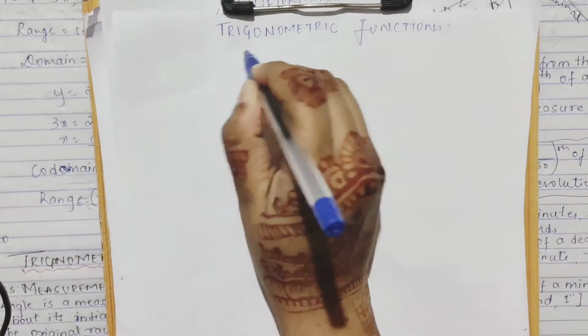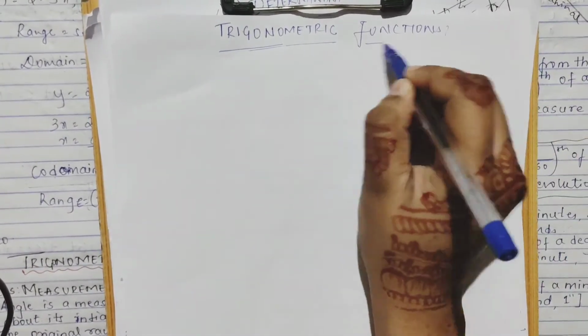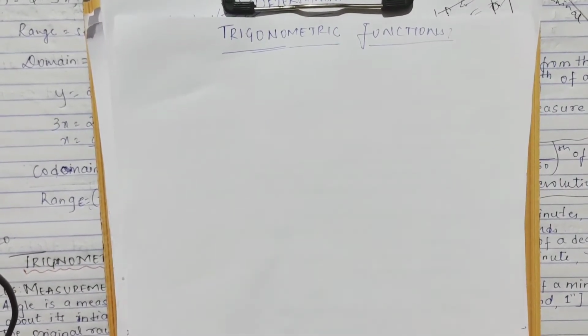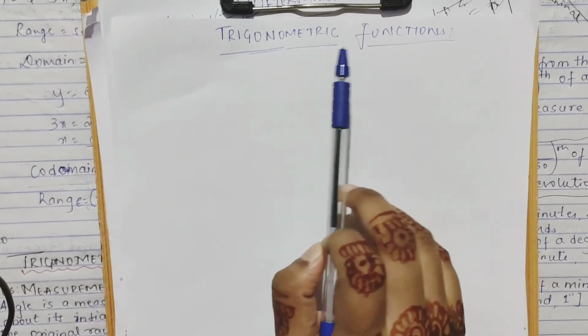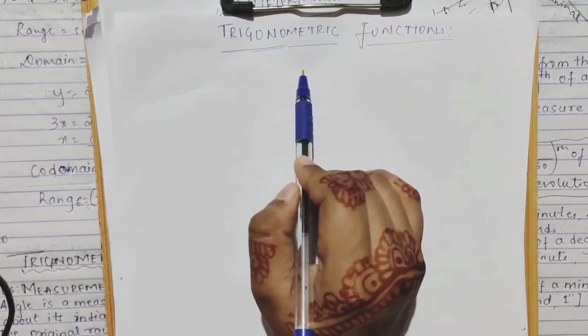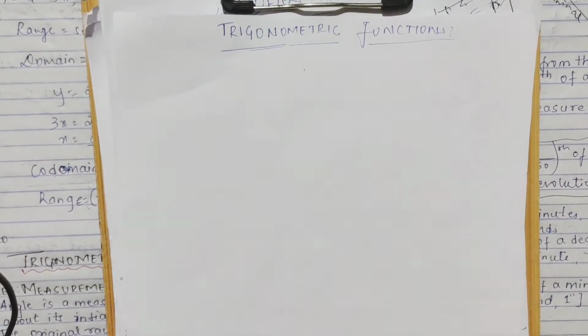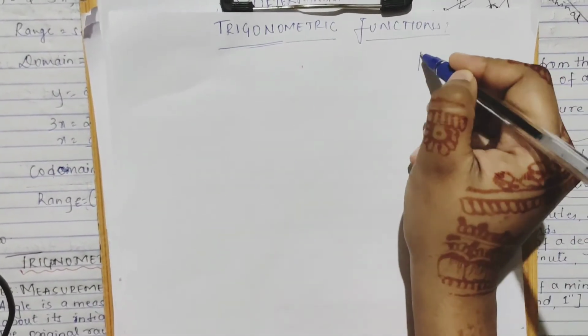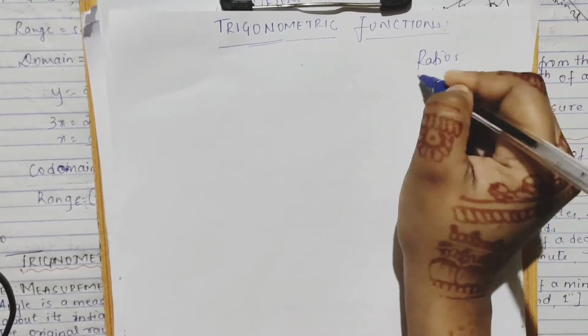So we have completed our previous topic, that is relations and functions, and now we are heading towards trigonometric functions. Before doing this, you have to write all the formulas of trigonometric functions from your ratios,